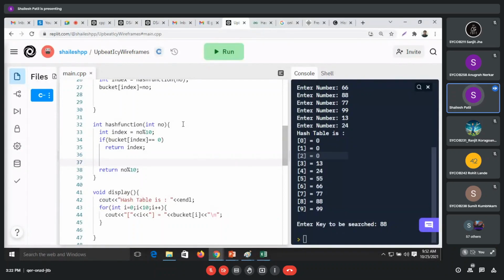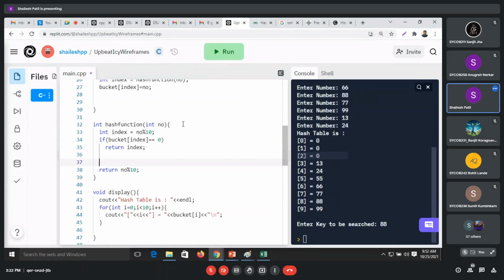Now we have to check for the next empty location. How can we do that? We have to go till the next empty position.